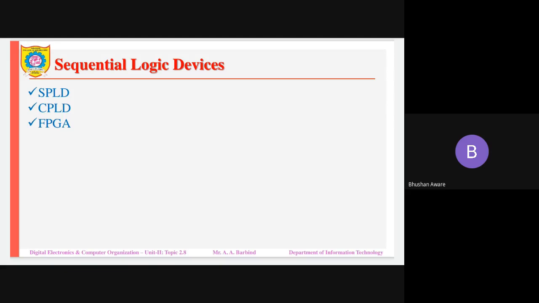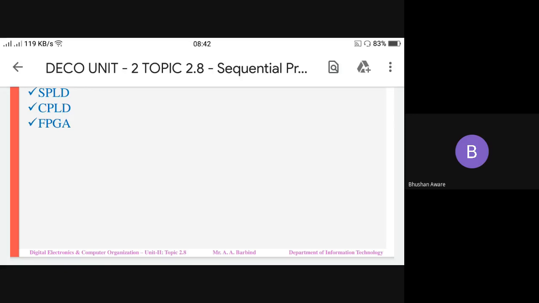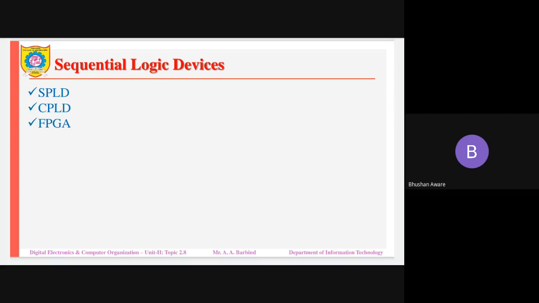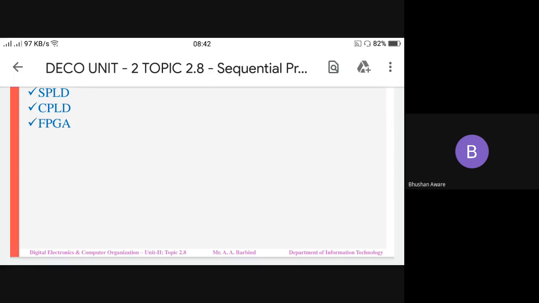That means you don't need to hardwire manually by using the soldering gun and put the OR gate IC, AND gate IC, NAND gate IC, and like that on some board. Or even you may be aware that ICs are available for multiplexers, adders, and all that. But even if we design a circuit out of multiplexers, adders, and all that, we need to integrate, we need to put all these integrated circuits on a board, and that board is called a printed circuit board, the short form is PCB.